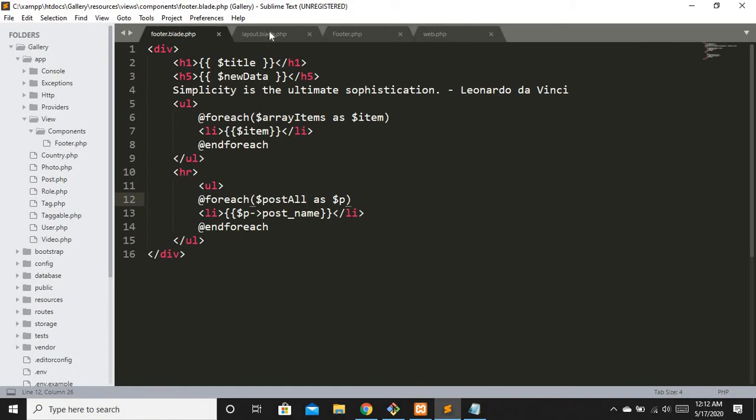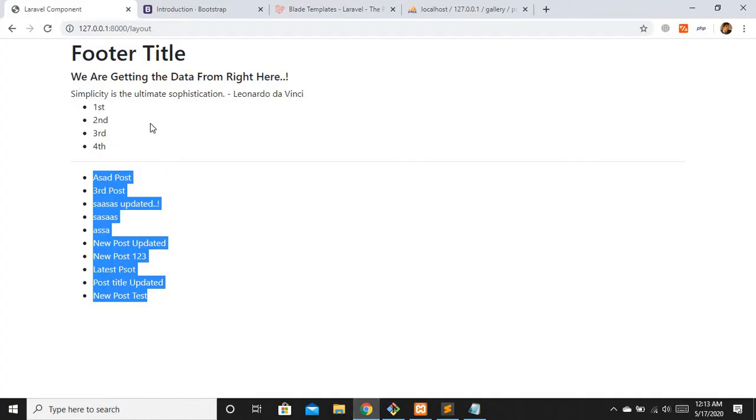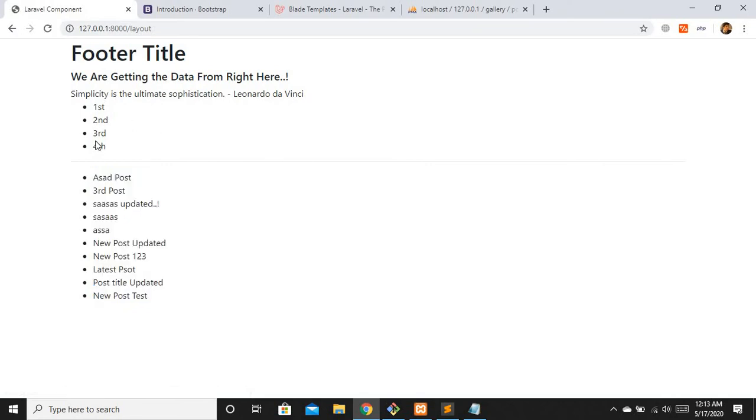Okay, now other thing is how to apply class to this footer section. Let me just show you. I will just say class, and let's give bootstrap bg-danger class. Let's see if it is working or not. Refresh, and you can see it is not working. Why?